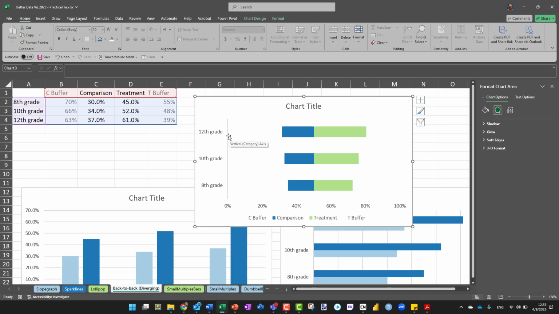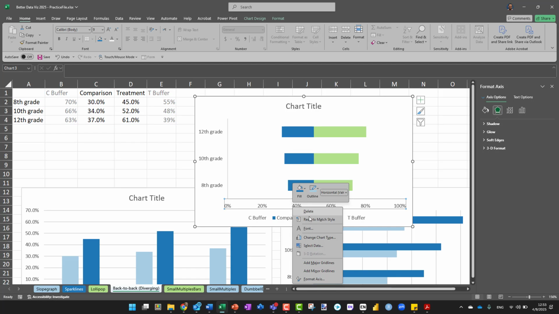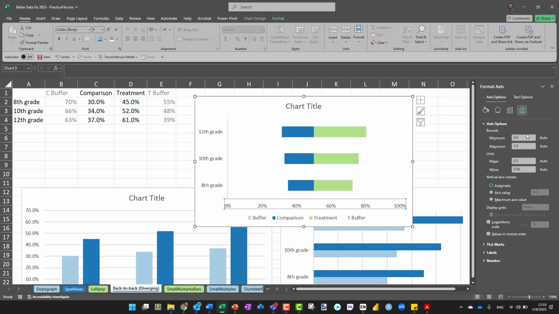Well, first of all, if you right-click, because you see these labels to the left are too far from the graph. If you want to remove some space here, you can right-click the x-axis and go to Format Axis, which is the last option, and just change the minimum. Because it's from 0, that's why you have too much space. So just change it to